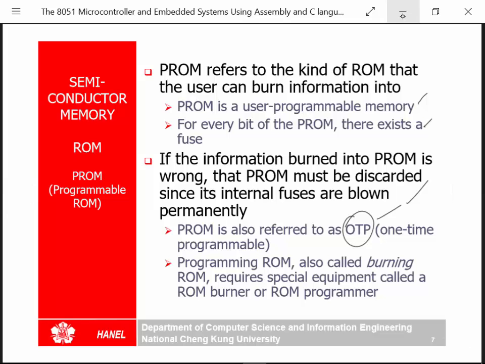One-time programmable. You program them one time, and if you made a mistake, you throw it away. But you have a PROM program burner, or we call them burners, because the way that you typically program a PROM is that there's fuses in the PROM. We've got a row and a column, and we've got a fuse in between here, and we go through and we blow the fuses. We burn the fuses, blow those fuses, so that it no longer conducts electricity. So we have a special piece of equipment called a PROM programmer.